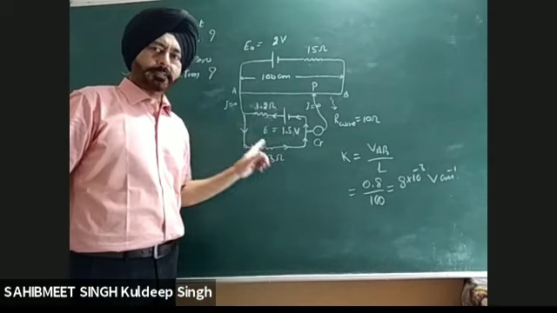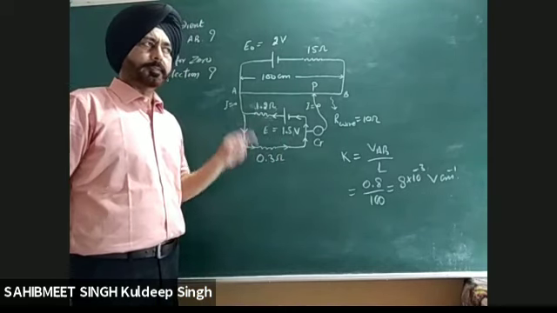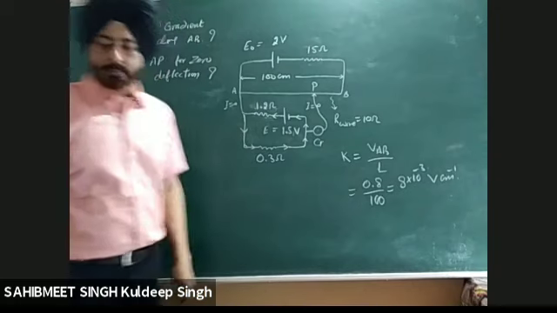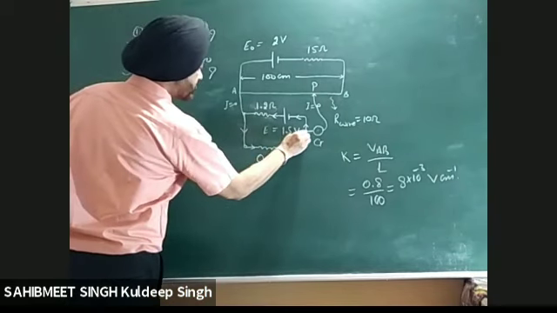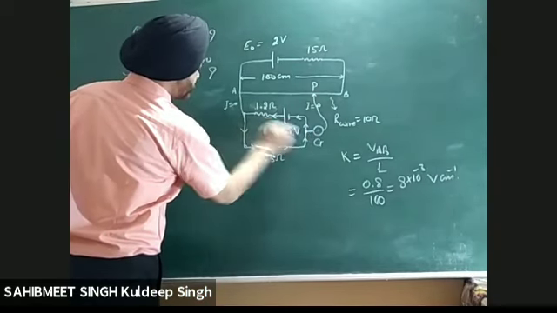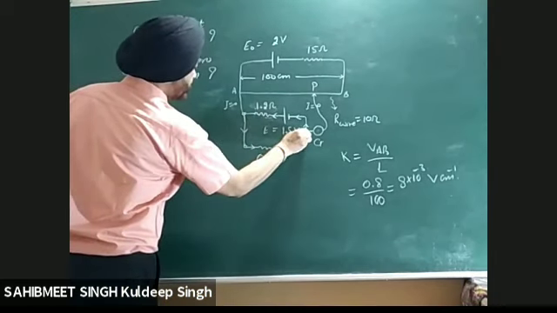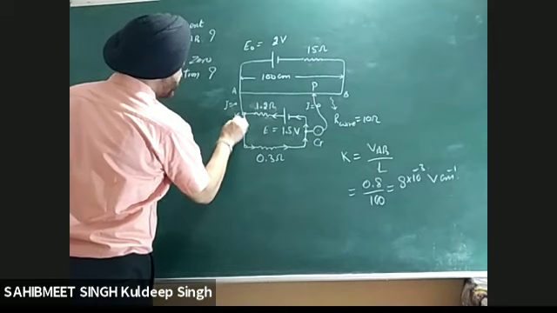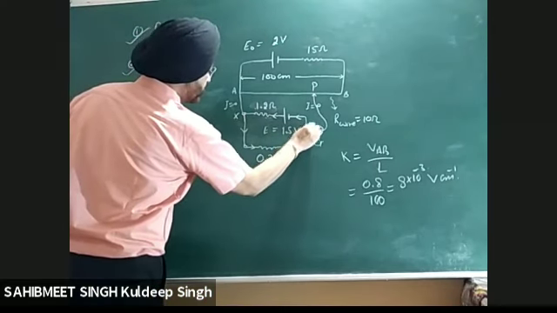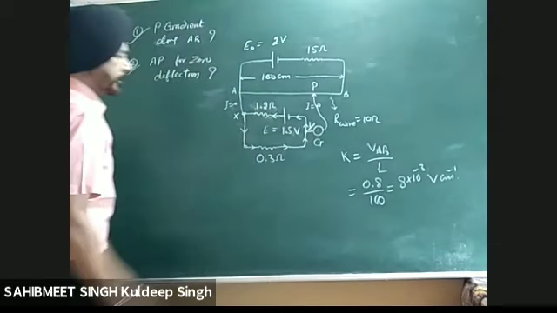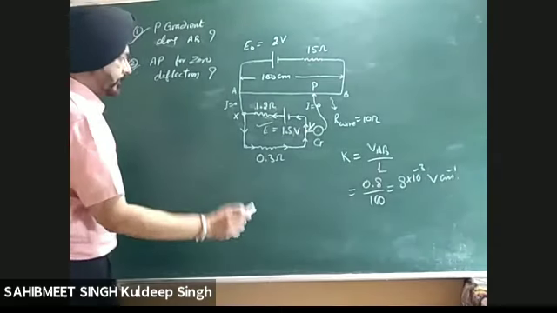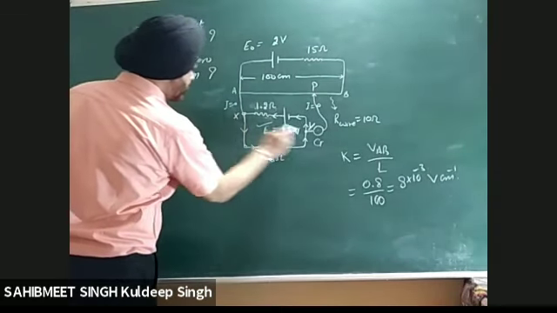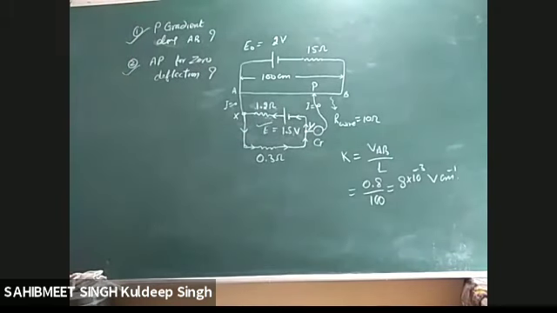But now, because you are getting some current from the cell, you will not get this EMF. In that case, there will be a potential difference. Now the question is, what will be the potential difference between these 2 points? Let us say this point is X and this point is Y. This is the most important point. You are not balancing 1.5. You are now balancing the difference in potential between X and Y. So your problem is now to find the potential difference between X and Y.